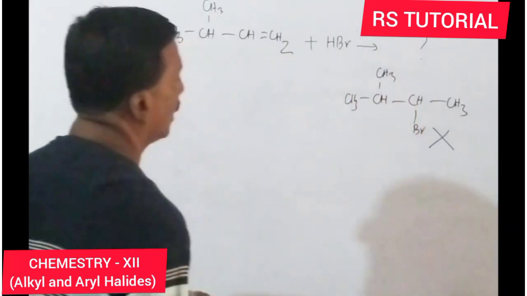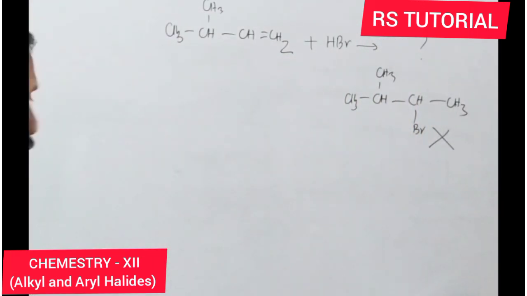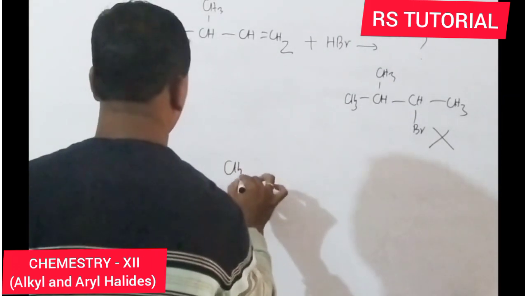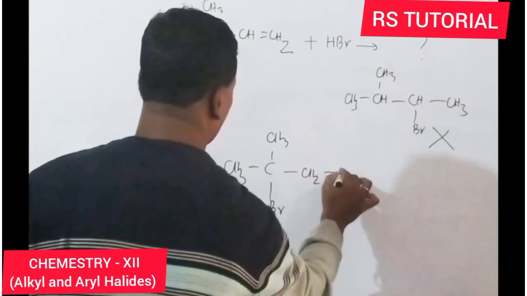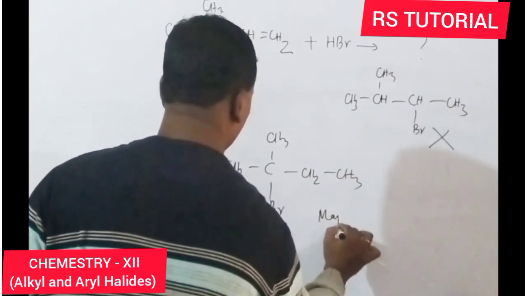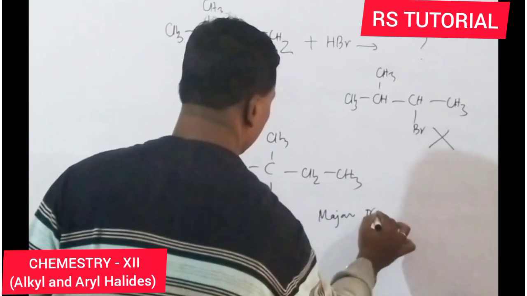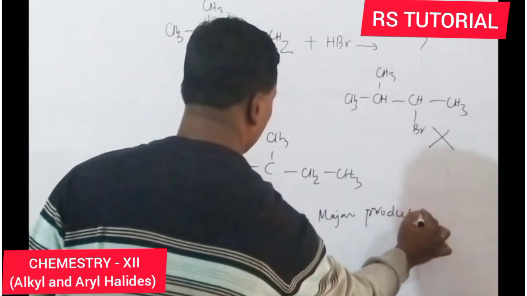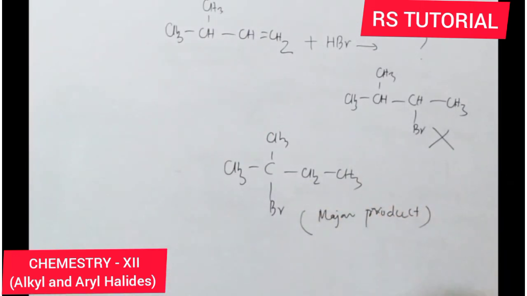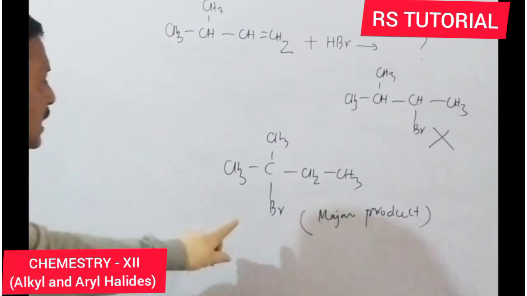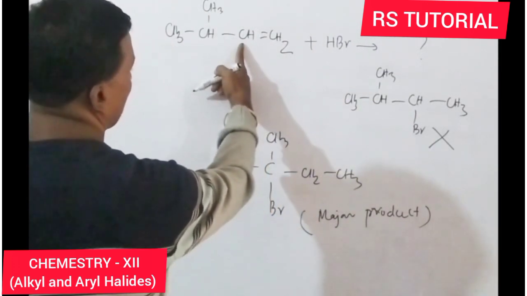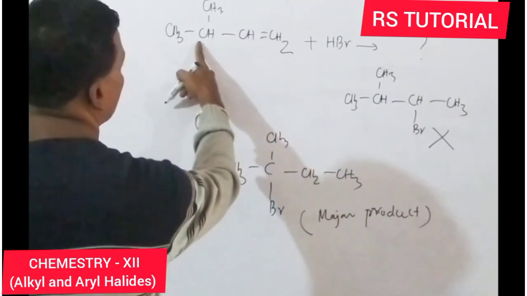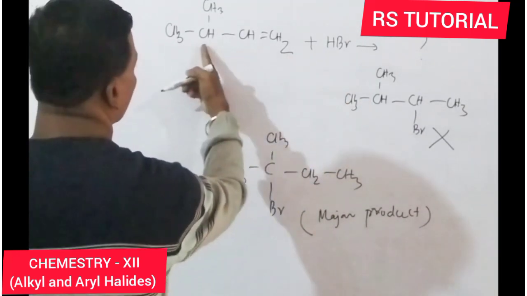Then what is the correct product for this reaction? This is the correct product. CH3, bromine will attack here, and this is the major product. Rearranged product. Major product or rearranged product. Okay. How is it obtained? By adding H plus. This is carbocation. Hydride shift. This will now be the positive ion. Negative will go to here.